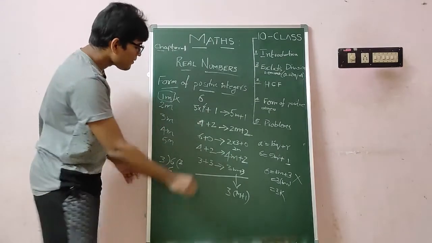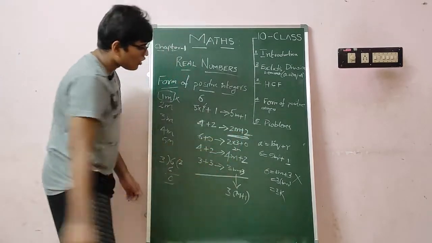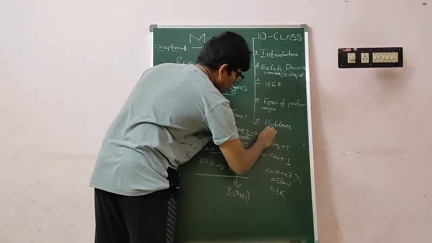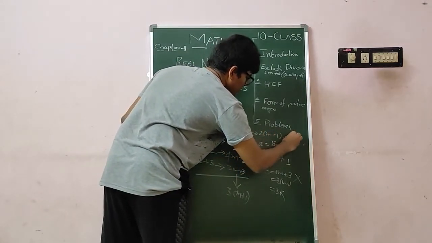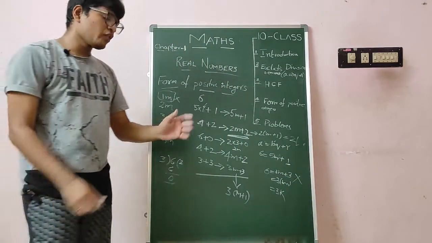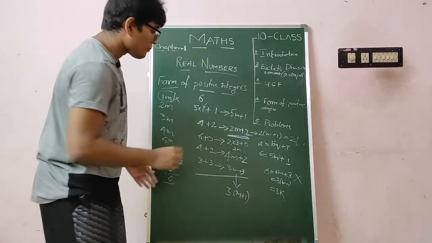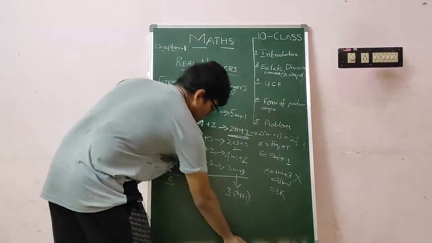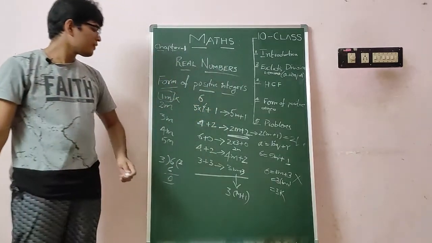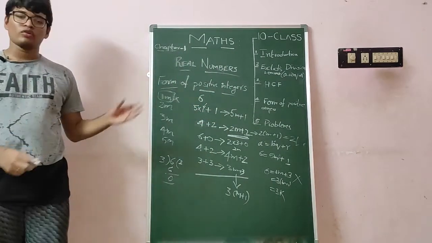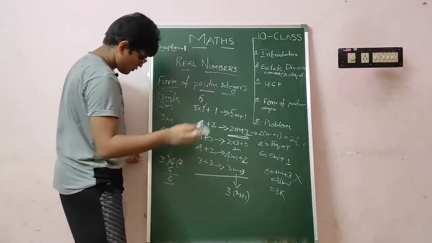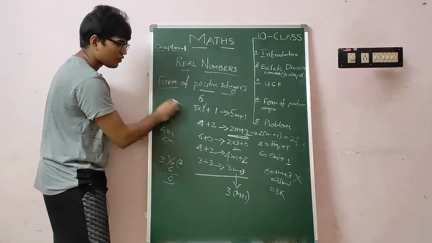In the same way, we cannot write it like this because there is a 2 common. This can be 2 into m plus 1, which is 2l. So when you are taking a number, the remainder always, okay students, note down, we are going to a very important topic now. Pause the video and note down the process. We'll go now.